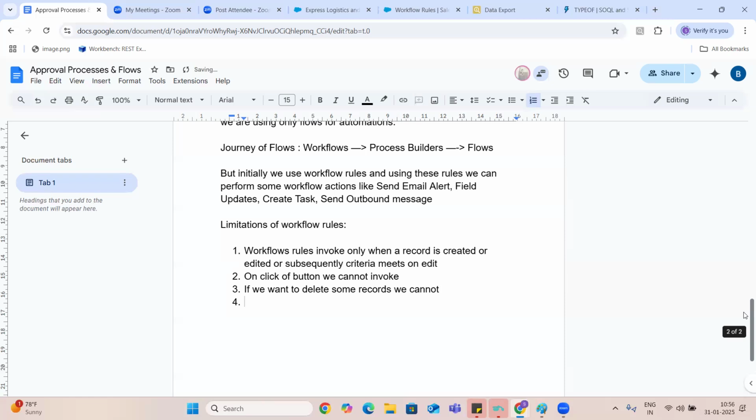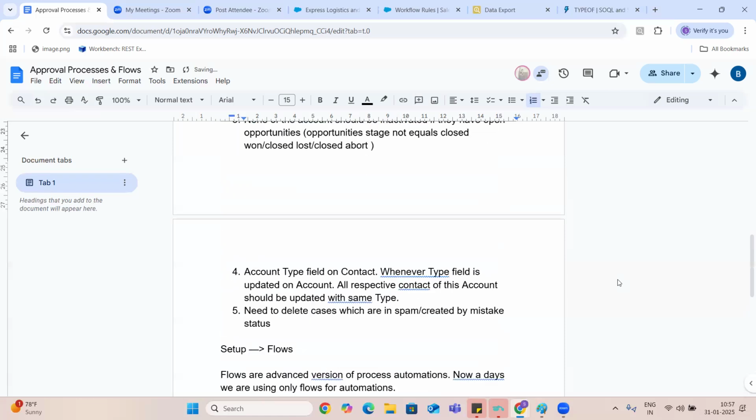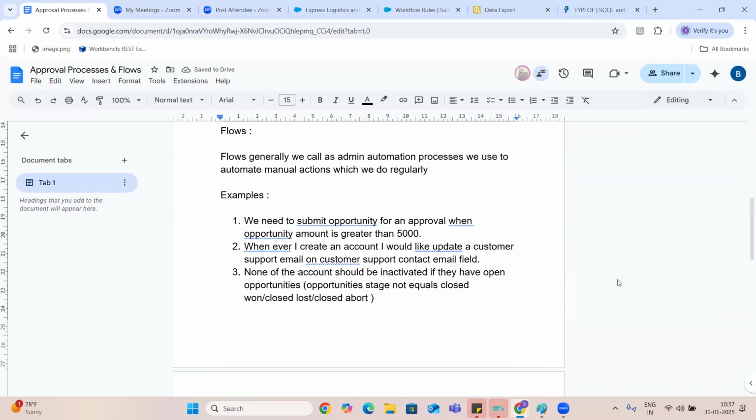Okay. In our 5 examples, only we can use workflows. I mean, in our 5 examples, we need to submit for opportunity.